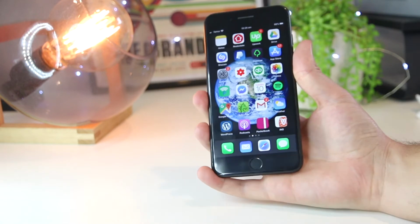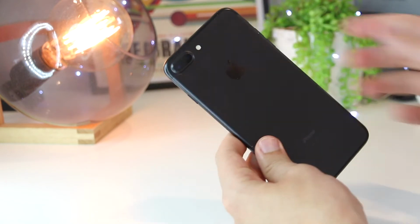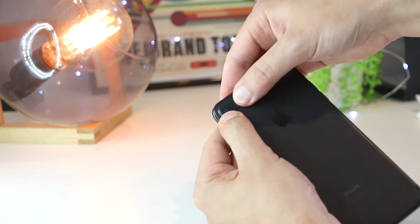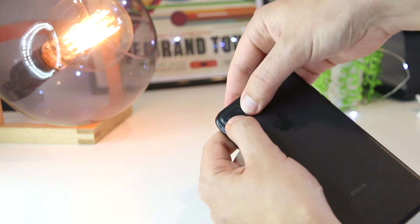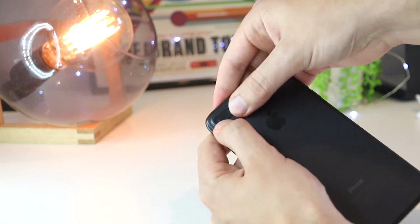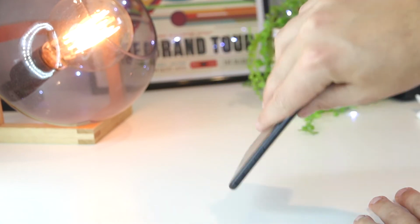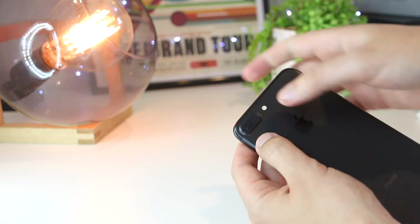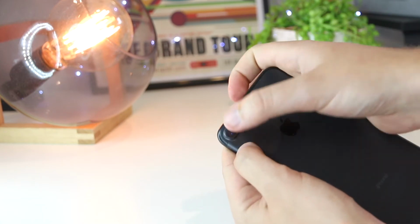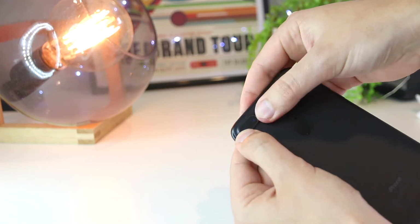But if it's still not working, the next thing I recommend is to flip the iPhone around. What you want to do now is go ahead and firmly press around the lens and the camera on the iPhone. This is mainly done because if you've recently dropped your iPhone, maybe on the corner or around this side, it can dislodge the connectors around the camera on the rear and the front as well. So you just want to press pretty firmly,